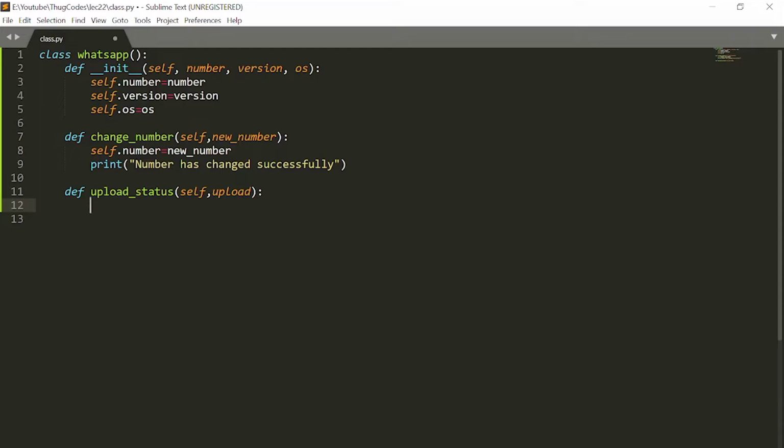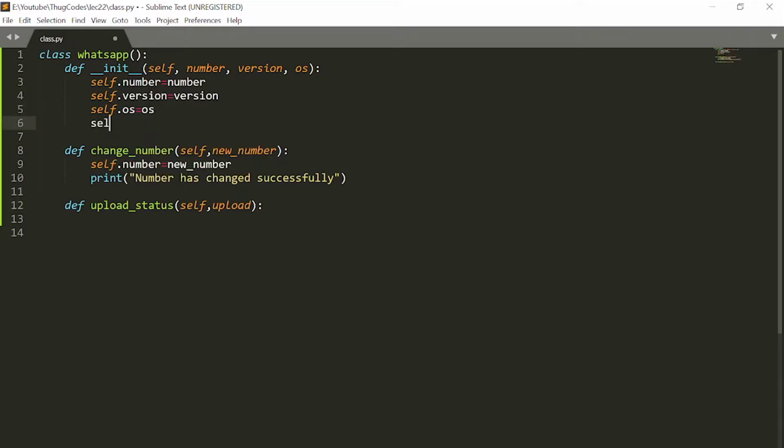So we can also make a variable here, self dot status, which is empty by default, and we can update it like self dot status is upload, and we can print status has been updated